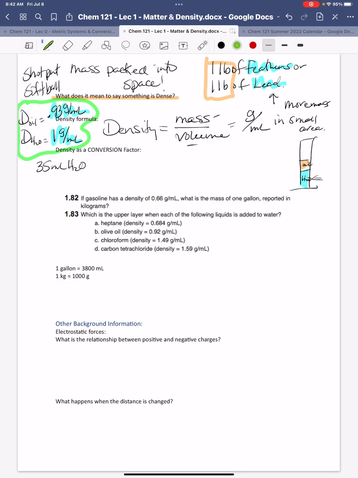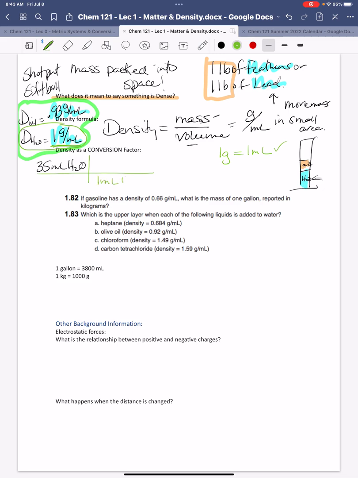Yesterday in our lecture, we talked about how we can use these conversion factors. I'm going to use this conversion factor because this has to do with water. I'm going to think about it as telling me that for water, 1 gram of water is equivalent to 1 milliliter. That's not super evident in the way this is written, but that's what it means. When it says 1 gram per milliliter, this is how we want to interpret it, right? And then all of a sudden, we can use that as a conversion factor.